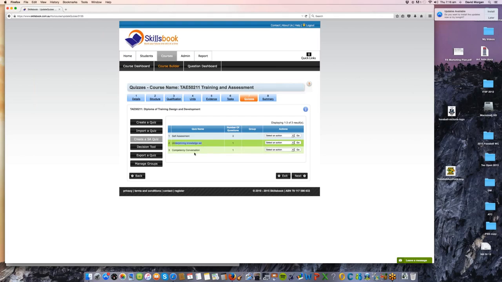I've just for this purpose mapped them back as a response for every unit, but in exactly the same way as we saw mapping evidence or mapping tasks. It works in exactly the same way. The penultimate bit is to create a self-assessment question. That's done automatically, so I can only do it once. But what that is